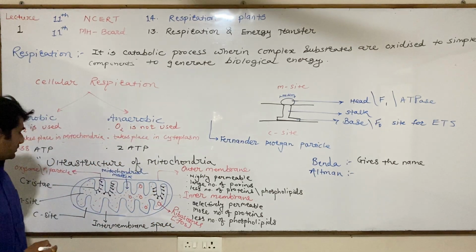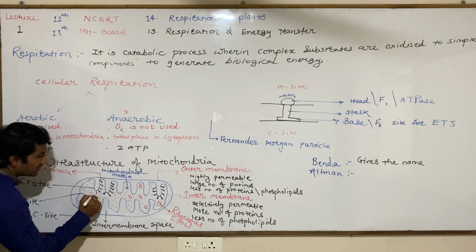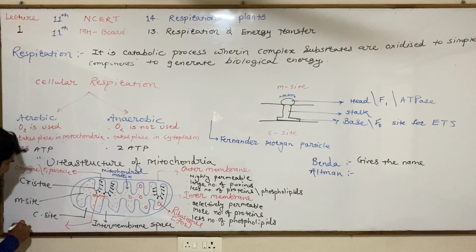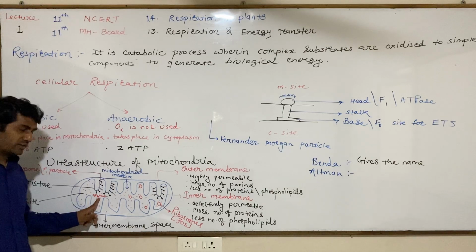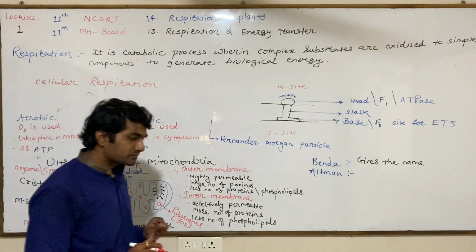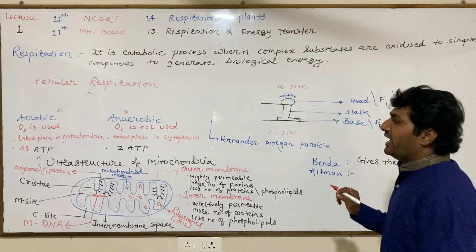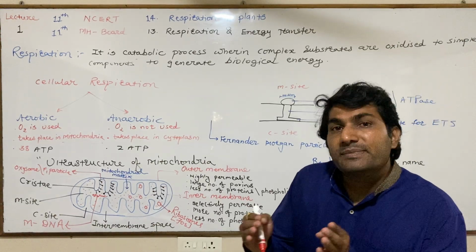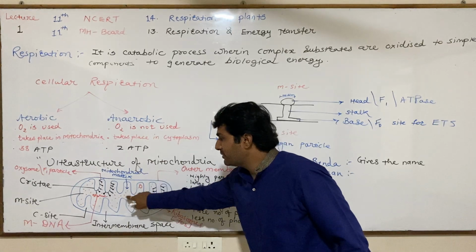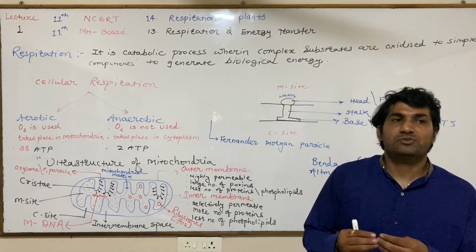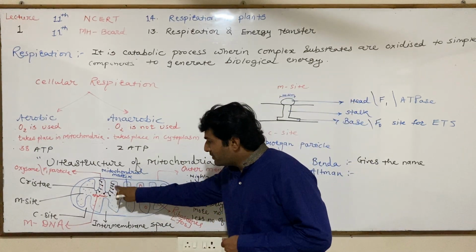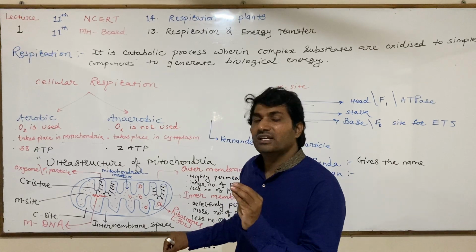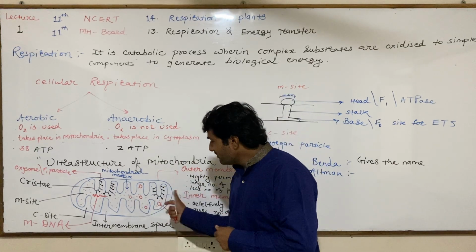In mitochondria, ribosomes are 70S type. The mitochondrial matrix also contains DNA, called mDNA, M for mitochondria, so it is mitochondrial DNA. The mitochondrial matrix contains enzymes for the Krebs cycle. All the enzymes required for the Krebs cycle remain in the mitochondrial matrix. And the inner membrane, which has infoldings called cristae,